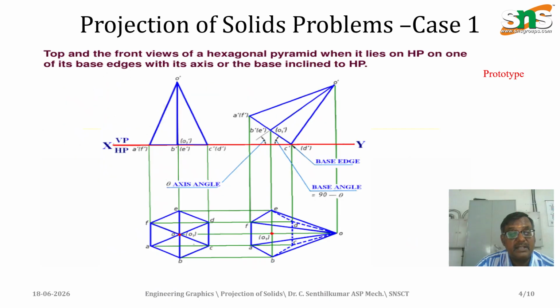Let me go for the next geometry. So this is nothing but a pyramid. You know the difference between prism and pyramid. Prism has a top face, the pyramid has the apex. That is O dash. So here also we first draw the top view, because in the top